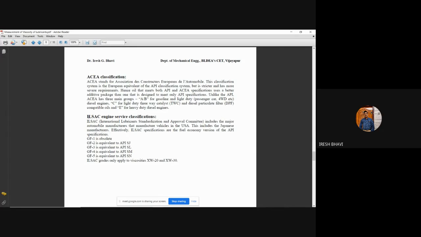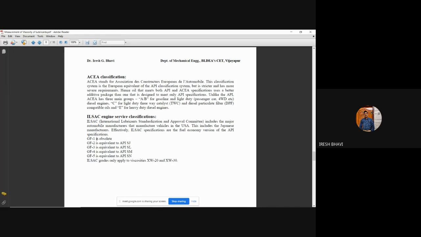Then ILSAC. ILSAC is a very strict lubricating oil rating. ILSAC stands for International Lubricant Standardization and Approval Committee. It includes the major automobile manufacturers that manufacture vehicles in the USA. In the USA, there are very stringent pollution norms, so nowadays they are going for ILSAC. ILSAC is the authority which will grade the lubricating oil